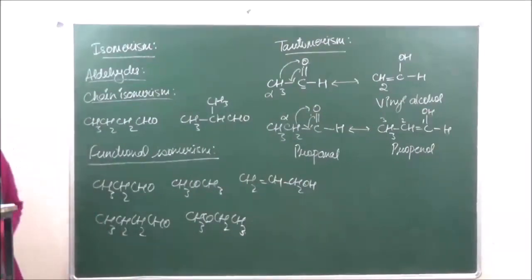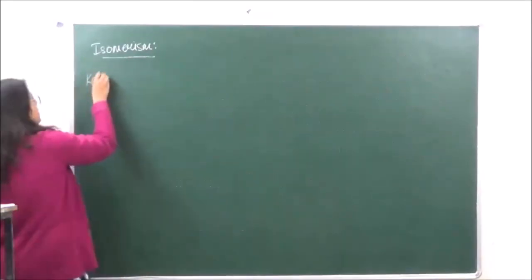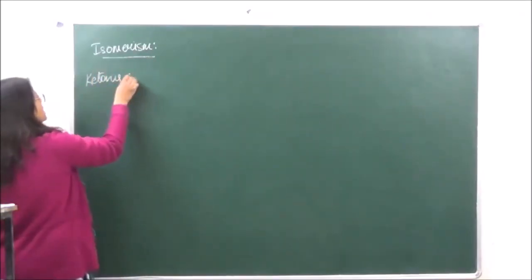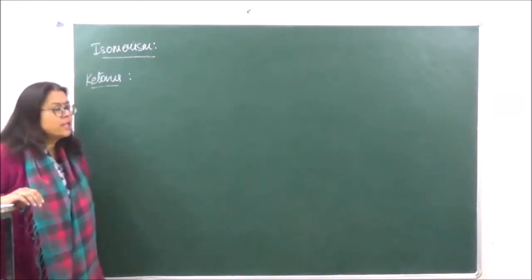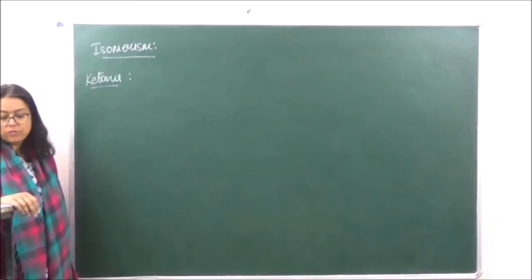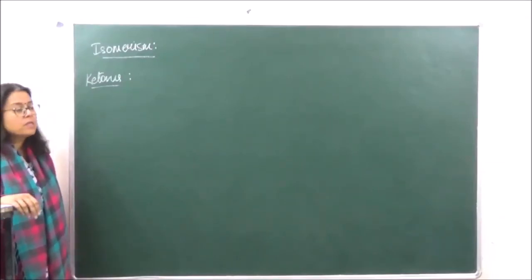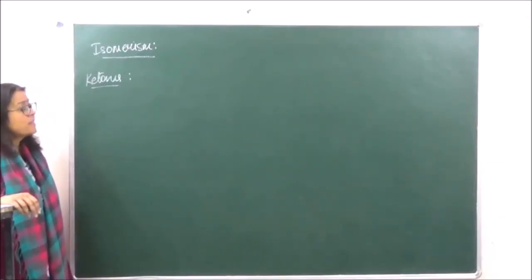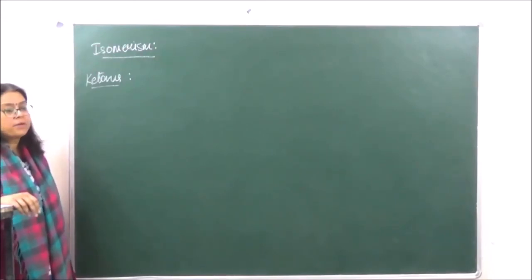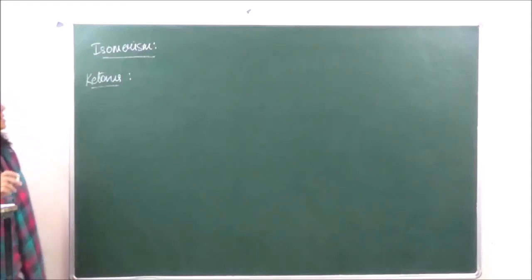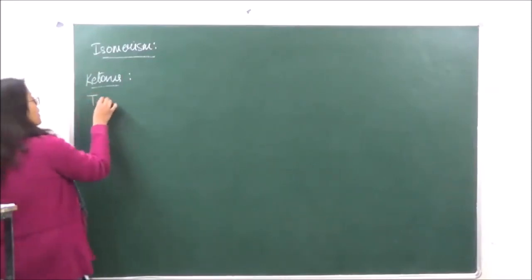Let's look at the isomerism of ketones. Now ketones is of course going to show chain isomerism as exhibited by aldehydes. It will show functional isomerism. We've already studied that aldehydes and ketones are going to be functional isomers of each other. But apart from this, it shows one special kind of isomerism which is known as metamerism. But before going to metamerism, let's discuss over here